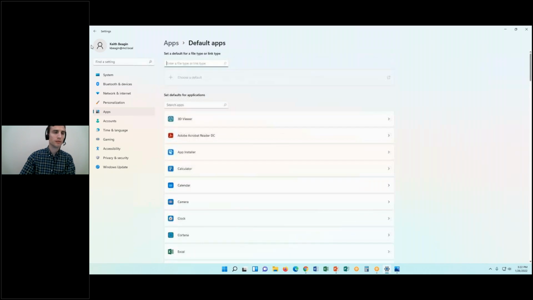All right. One last thing I want to show you real quick, and then we're going to wrap this up. If you have any questions, you can go ahead and direct them to GoToMeeting here. It is snap layouts and snap groups. Okay, so with Windows 10 and earlier versions, we used to be able to snap our windows, which we